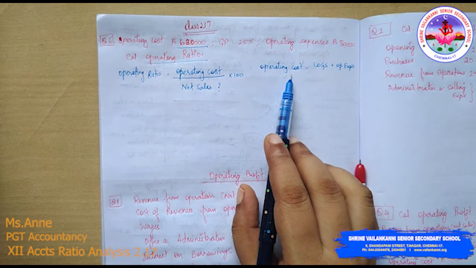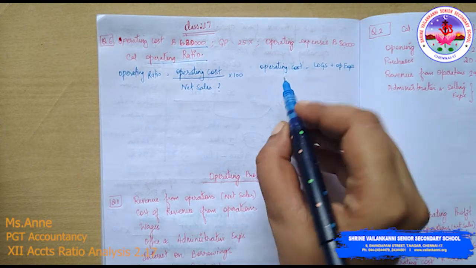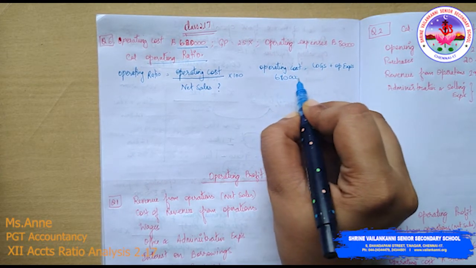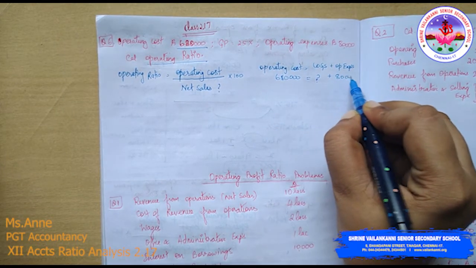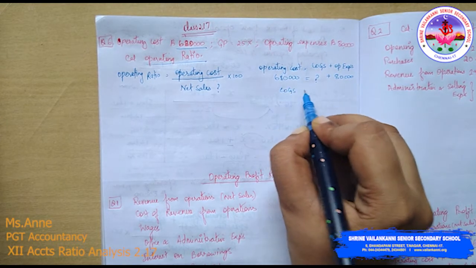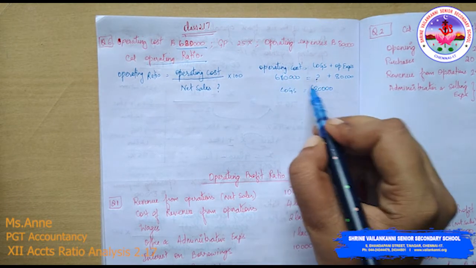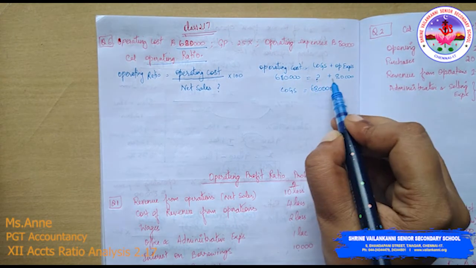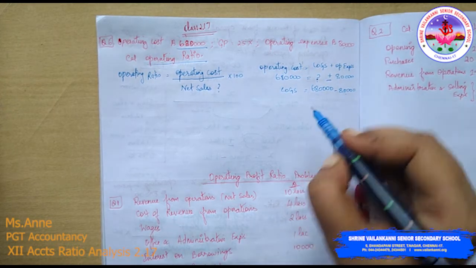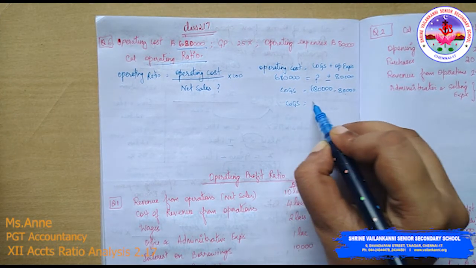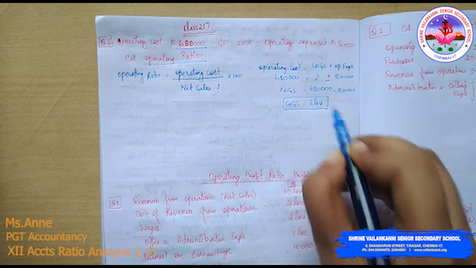We have cost of goods sold. So operating cost is 6,80,000, which is cost of goods sold plus 80,000. We can know cost of goods sold is equal to 6,80,000 minus 80,000. When we move this to the other side and change direction, we need to change the symbol. Remember, okay? So the cost of goods sold is 6 lakhs. So we have found the cost of goods sold, but that is not asked.